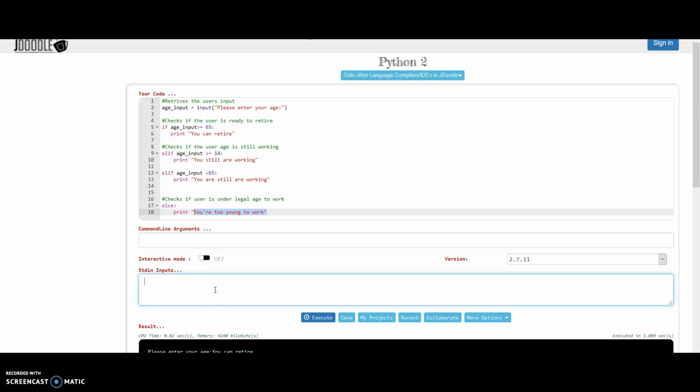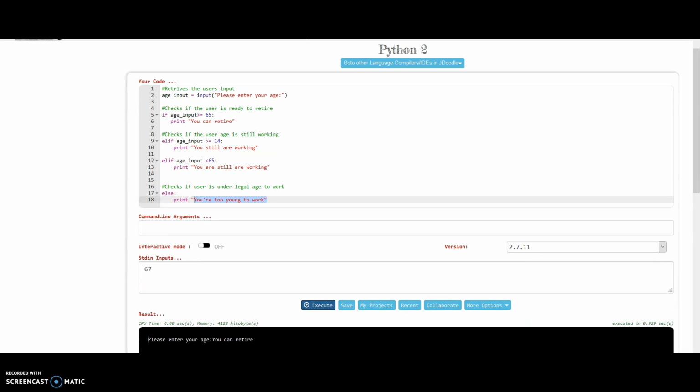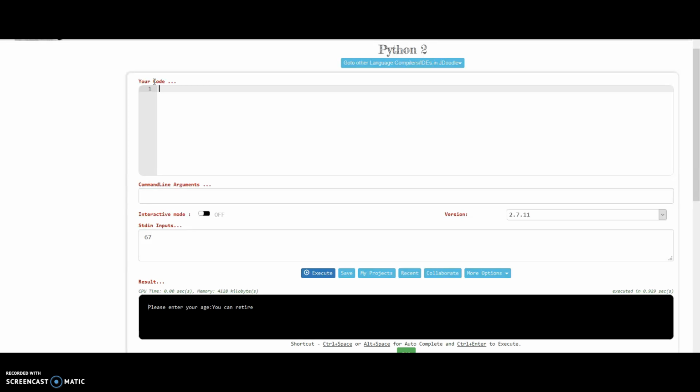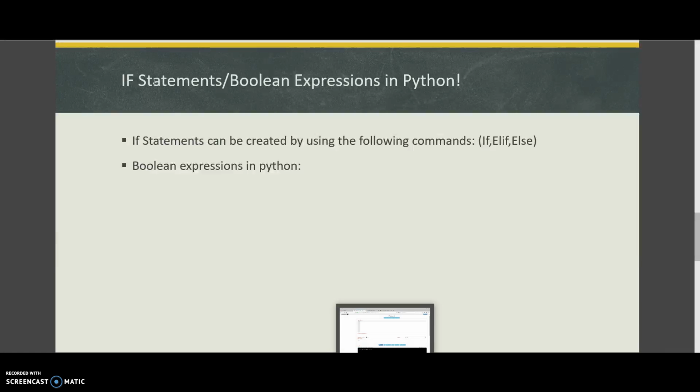So I'll just show an example right here. I'll write down 67 and I'll execute it. And the program says that you can retire, so you're allowed to retire at this age. And so that was just a basic kind of information of writing if statements and